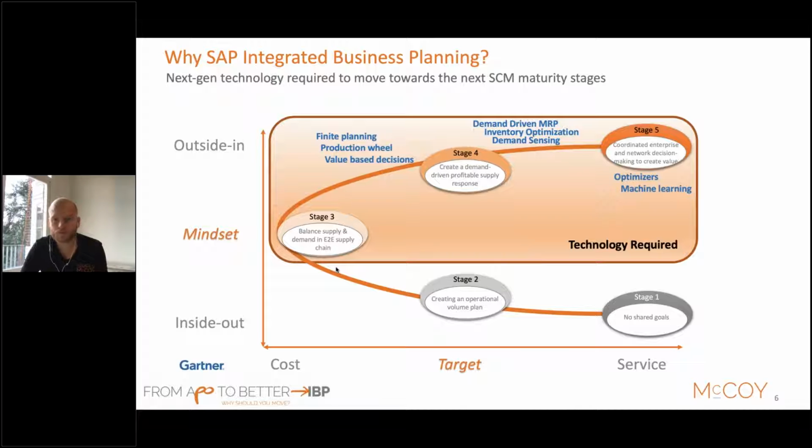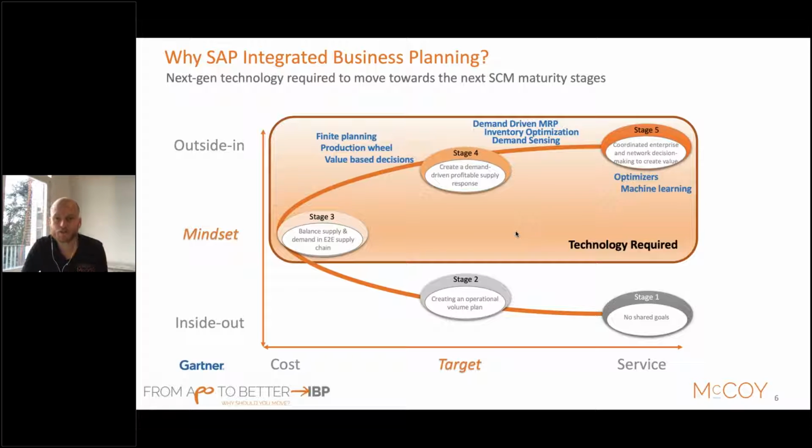You have multiple options to source products from one location or the other, or to source in different factories, or maybe you have different production lines. In that case, your Excel file will most likely not fulfill those requirements anymore. And from that stage, you have the need to have technology. That's the reason why we put this box around the higher stages. At that level, you do need a solution to support the decision-making process within your company.